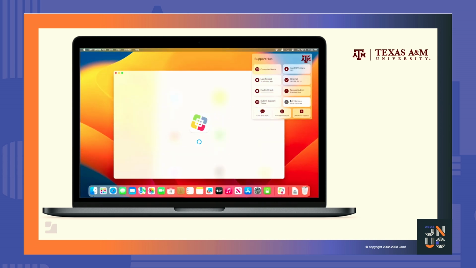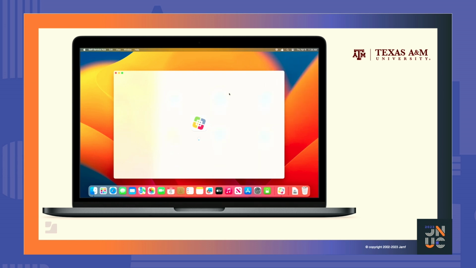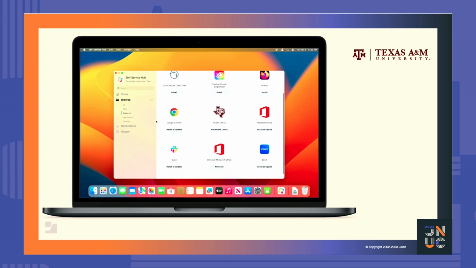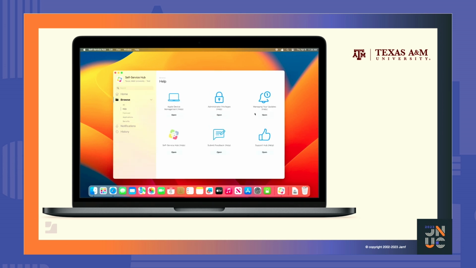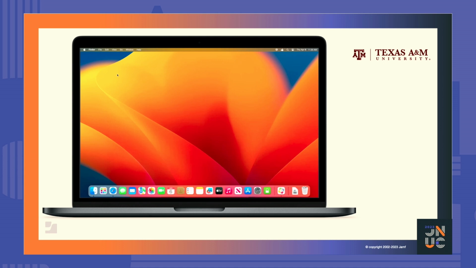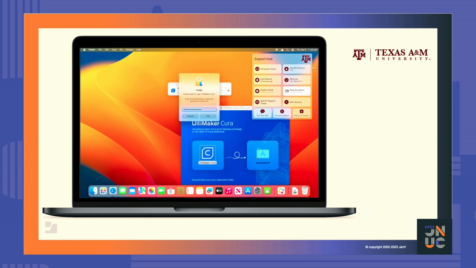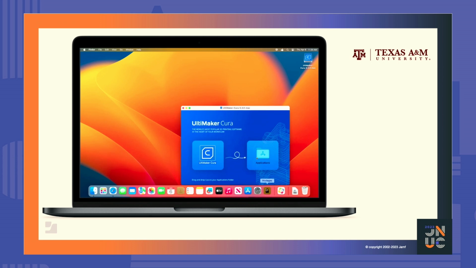Through the Self-Service Hub, you gain 24/7 access to the most popular apps and resources you need for your Mac with one-click installation. Through Automation Intelligence, your Mac will let you know when a version of software may no longer be supported, and you may need to upgrade, and provide you clear instructions for installing the latest version. Through integrations with Privileges, the Support Hub grants you just-in-time elevation of your user account to an administrator so you can successfully authenticate when prompted for admin credentials, securely ensuring no disruption to the important work you do at the